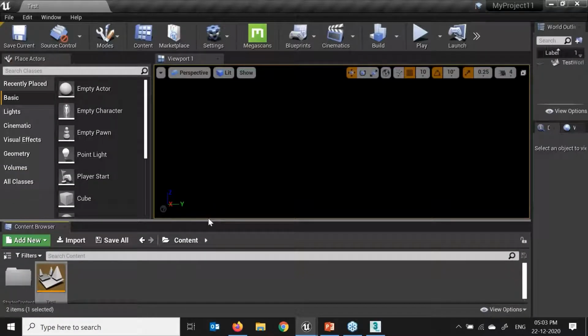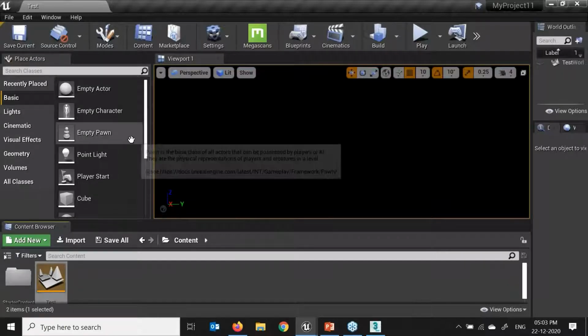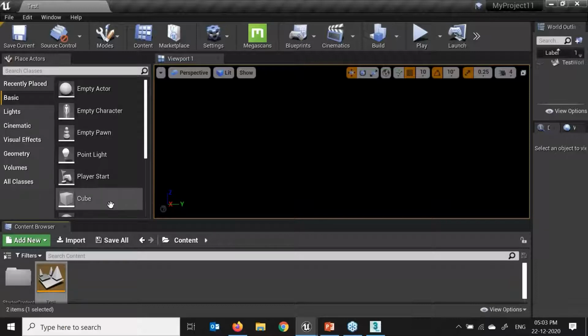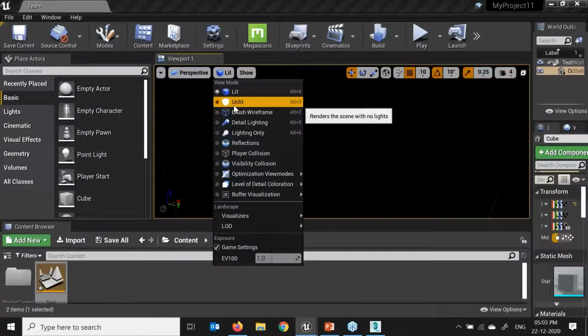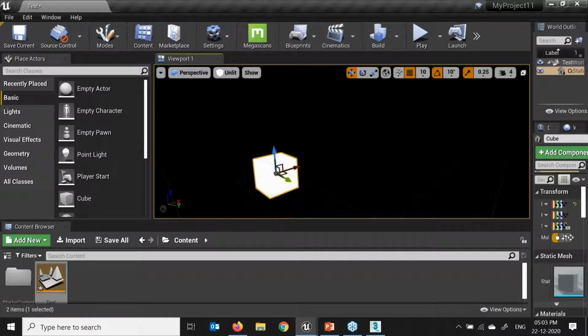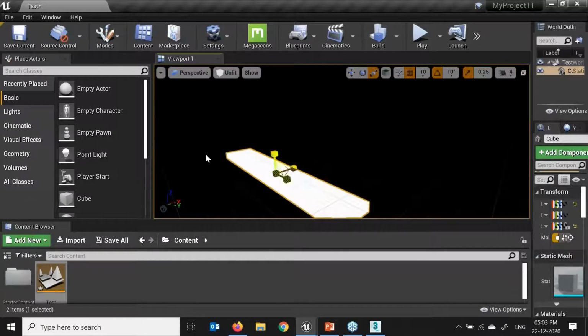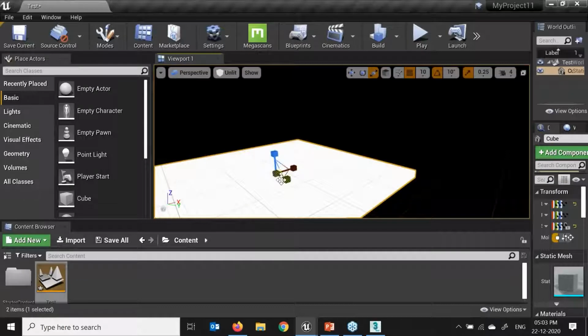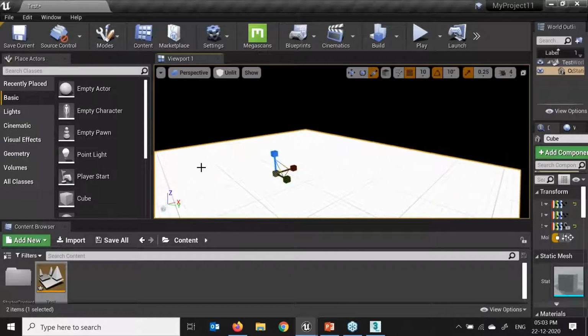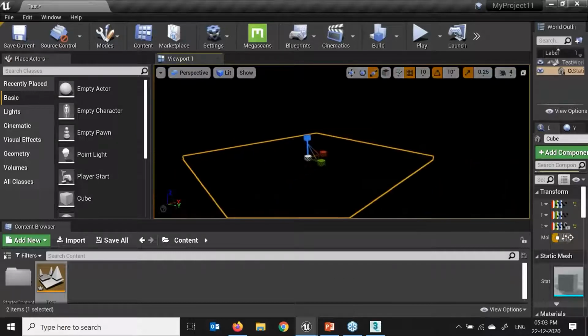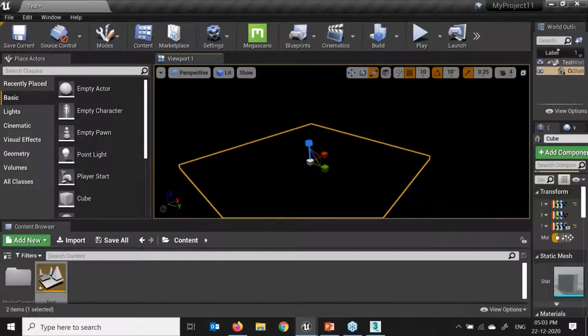Unreal also works on real light scales. If there is no light, everything is black. So I'll just create basic shapes. For example, I'll drag my cube over here and scale it. And if I say unlit now, right? Again, scale, reduce it down, scale it as per your requirement. Again, click on this unlit. Now I have not added light in my scene.